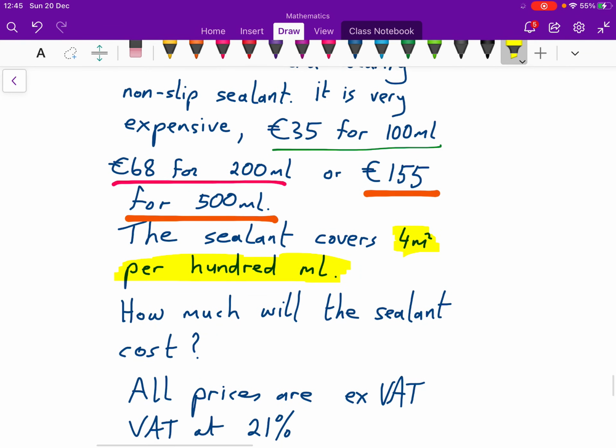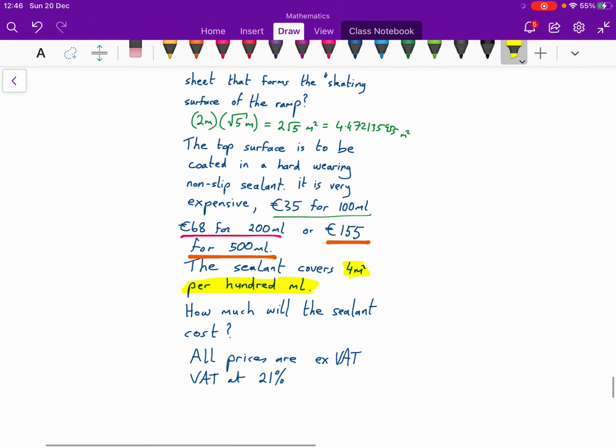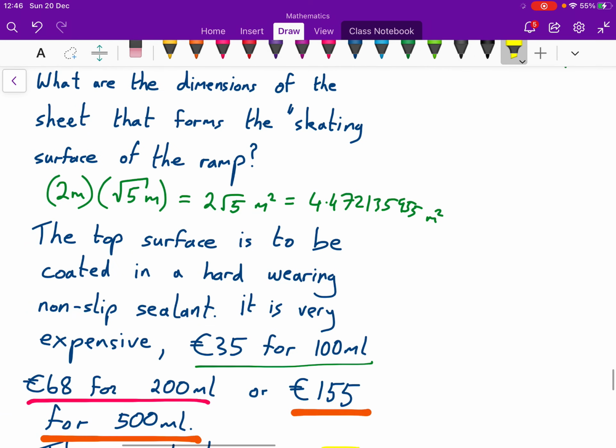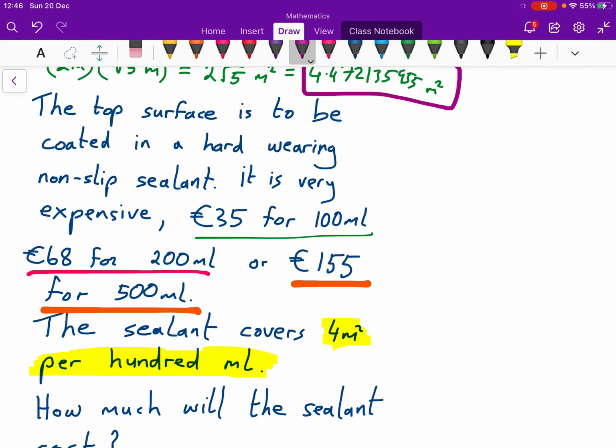How much will the sealant cost? All prices are ex VAT, and VAT's at 21%. Okay, so let's go back. It's the top surface, so it's that calculation we did earlier. So it's the 4.47 roughly meters squared. Now that's what we need. Well, we can see from up here that